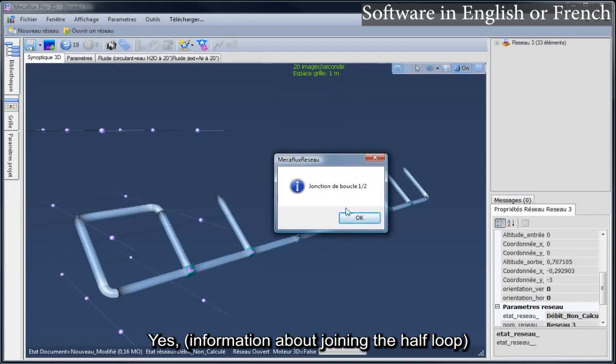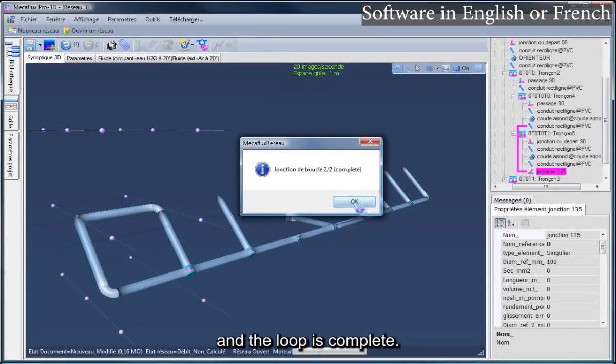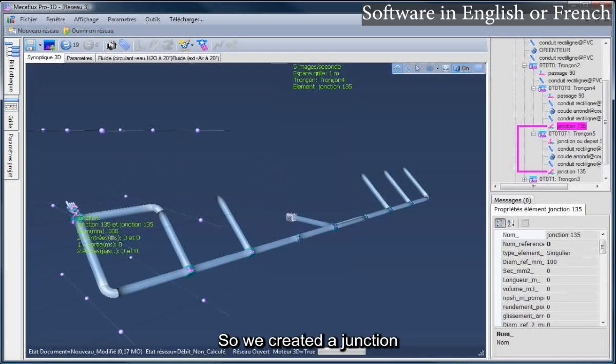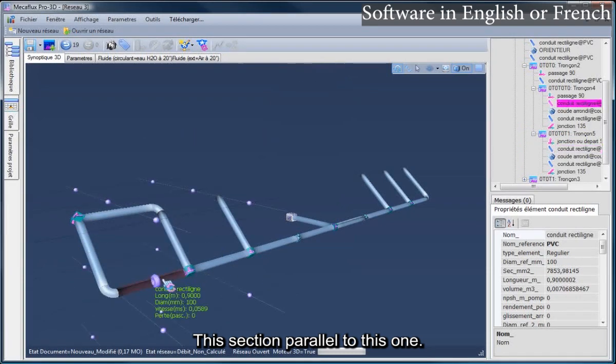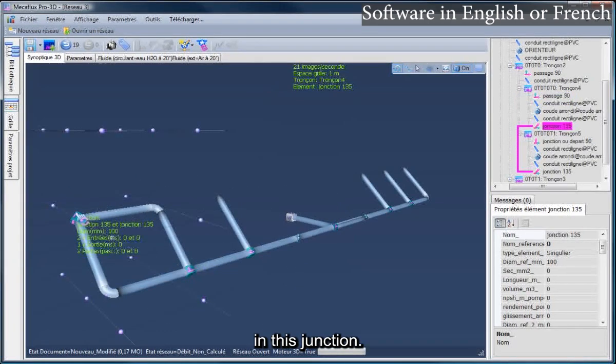Yes, information about joining the half loop, and the loop is complete. So we created a junction which created a loop on this part. This section parallel to this one, separated by this separation, meet here, in this junction.